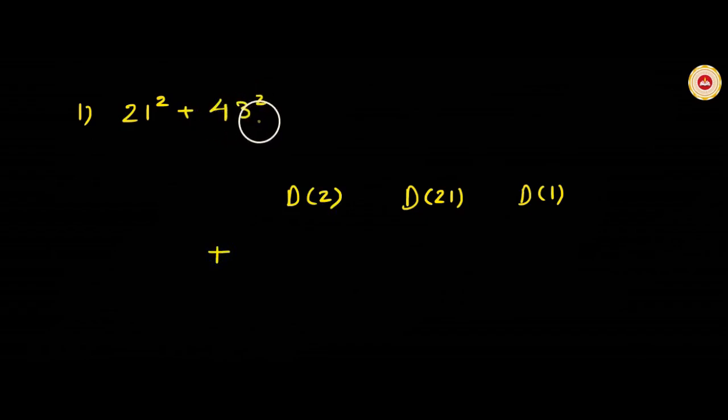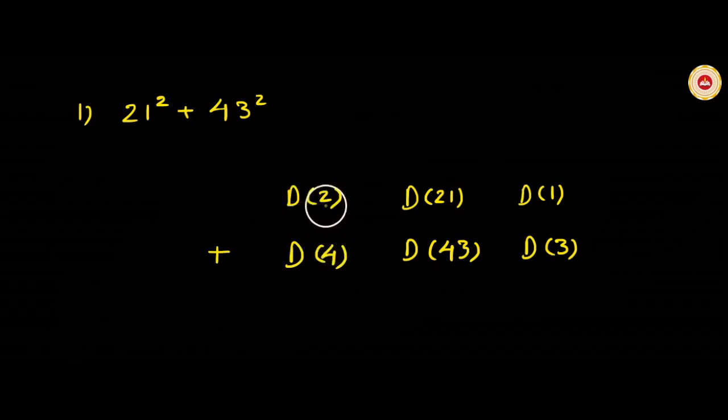See, starting from right side, right to left, duplex of 3. We will write duplex of 3 in the first part, below duplex of 1. Now include the second digit from right side, which is 4. Calculate the duplex of 4 and 3, that means 43. Now we have covered two digits in the given number, so let us exclude the first digit from right side and consider the second digit from right side, which is 4. Calculate duplex of 4 and write in third part below duplex of 2.